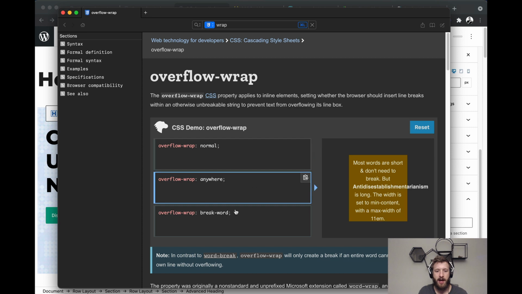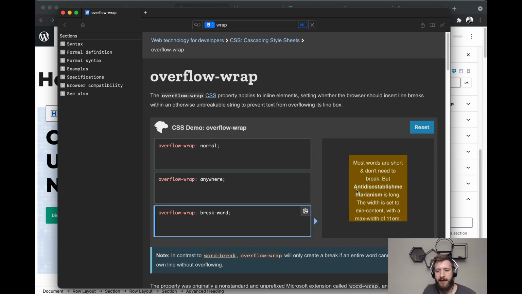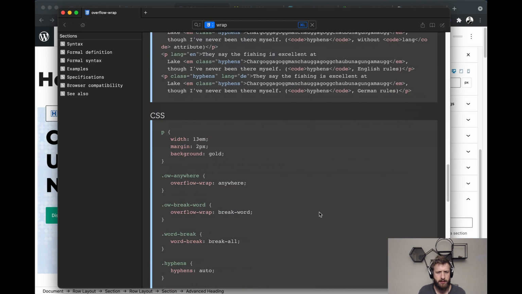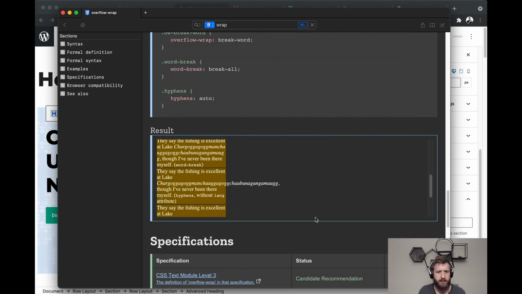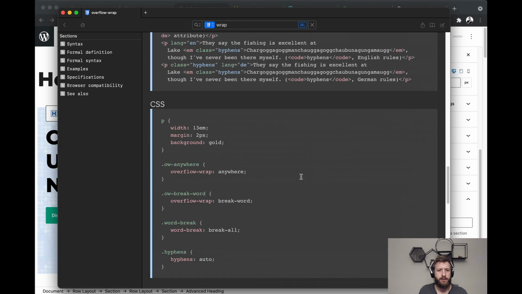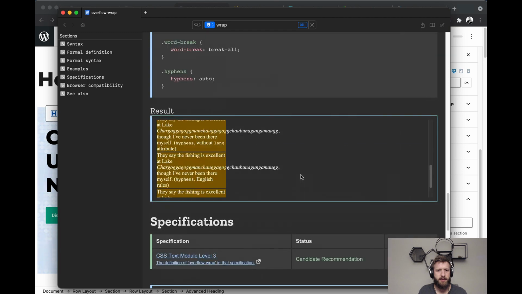We can apply overflow wrap break word, and that will take any long word that is going outside of its container and just force it to wrap at whatever dimensions are set for the container that it's in. And I think the example that I wanted to use, let's look at word wrap. Scroll down this page. There's a good example.